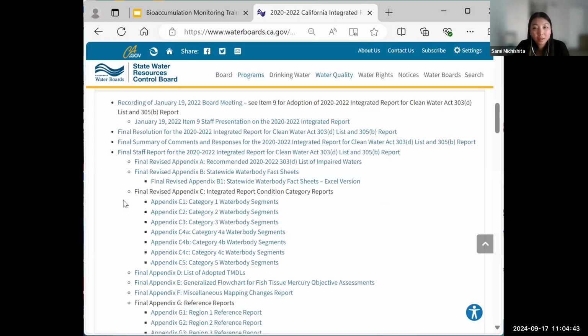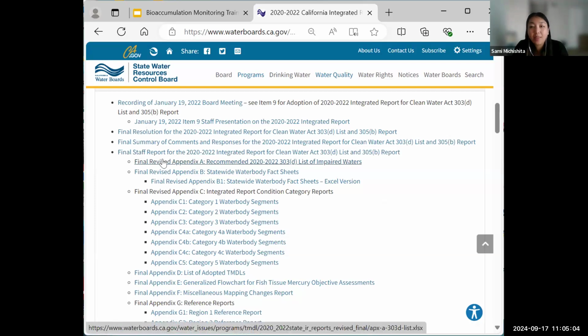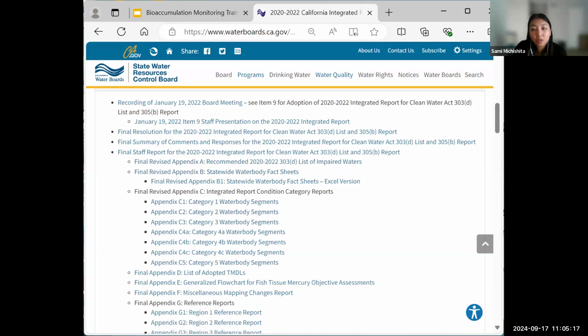And while there are a lot of appendices, the appendices do vary by cycle depending on any statewide or regional issues or topics that are identified and addressed during that cycle. The critical appendices to note are Appendix A, which is the recommended 303D list that the State Water Board approves or adopts, and then we submit to EPA for approval. We have the Appendix B I mentioned before in both the versions, and then Appendix C, which you can find here. And those three generally will never change in order, meaning A is always the list,